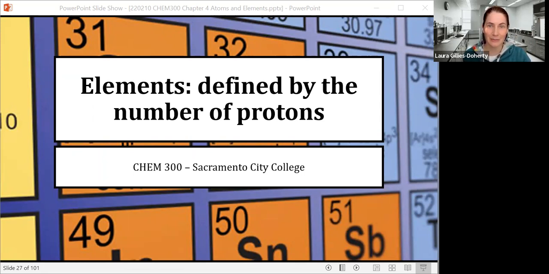Elements are defined by the number of protons they contain. So in the last section, we talked about the subatomic particles, the protons, the neutrons, and the electrons. We're going to talk more about those as we continue talking about elements, eventually about ions and isotopes. So we're going to start with elements, which are defined by the number of protons in the nucleus of an